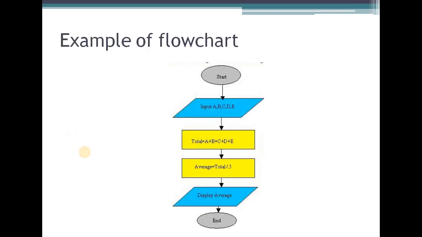Now this is an example of a flowchart. This is to calculate the average of 5 numbers. So you can see the first instruction, start, is given in an oval shape. We have to input 5 numbers A, B, C, D, E. We are using a parallelogram. Then we are using two rectangles to do addition and calculating the average, and again to display the average we are using a parallelogram, and at the end, that is the end oval again. So this is an example of a flowchart. You can see we are using different shapes of boxes and we are connecting these boxes with solid arrow headed lines.